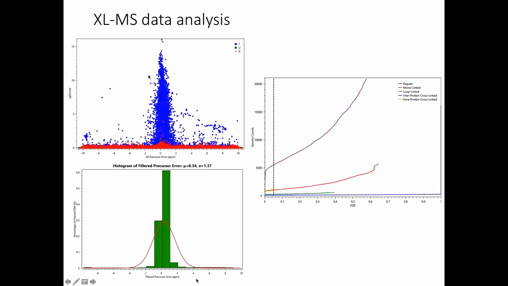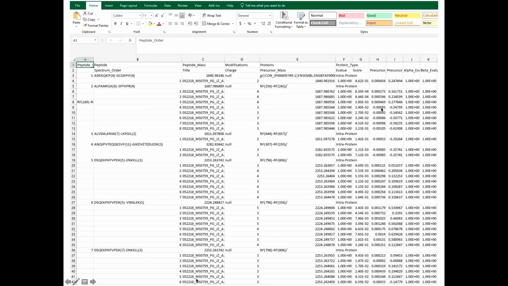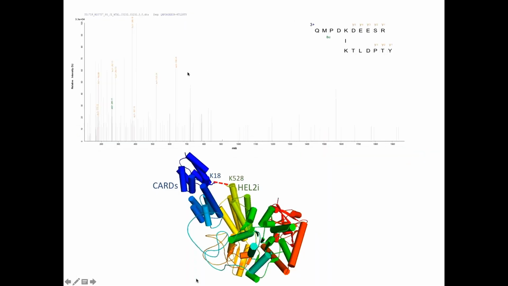Here's the statistical data for all the peptides and also the cross-linked peptides identified by the software, which is really accurate because the precursor mass errors are less than, most dots are captured within, 2 ppm, and the false discovery is less than 1% here. They will generate some Excel files for further detailed data analysis, where you can manually analyze the data. They also have a visualization function where you can see, in this case, I want to see